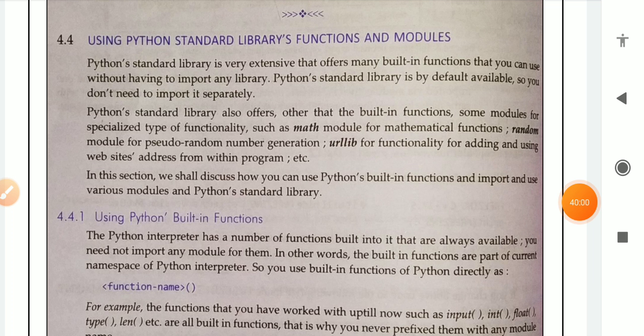The standard library contains many built-in functions which are available by default. We can use them directly without importing any library. It also contains different modules, and inside these modules there are different functions. When we want to use a function present inside a particular module, we have to import it.